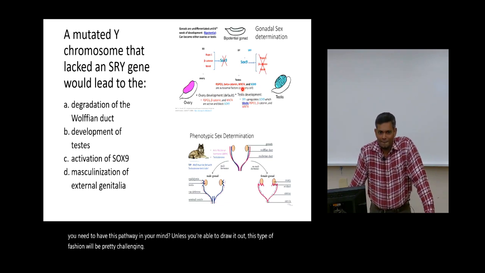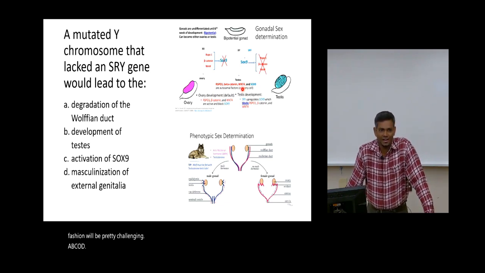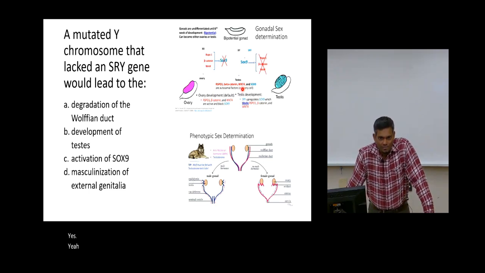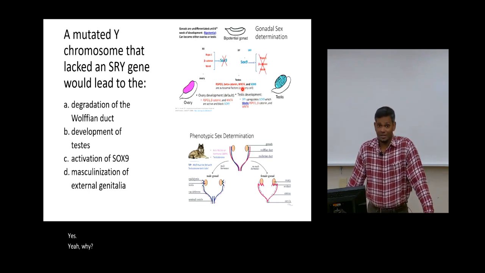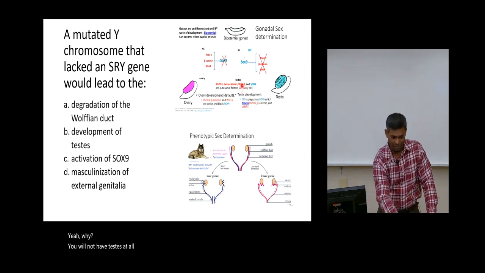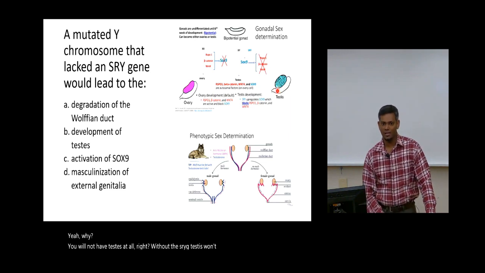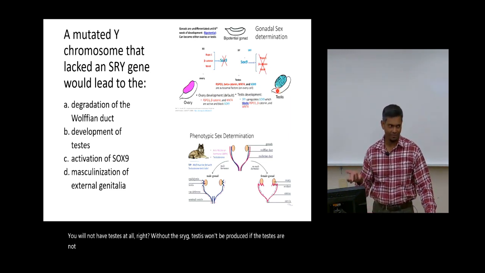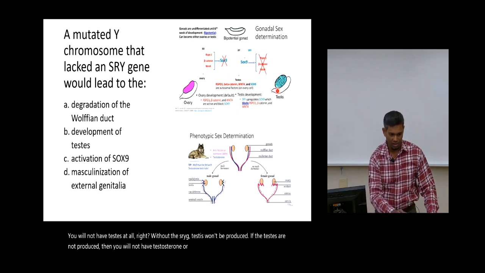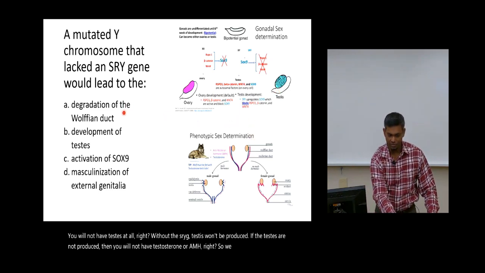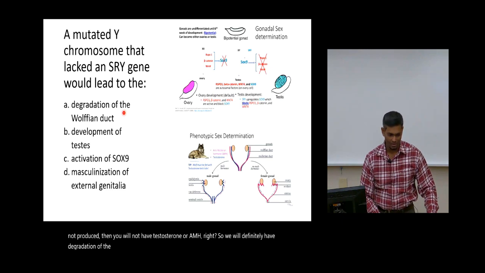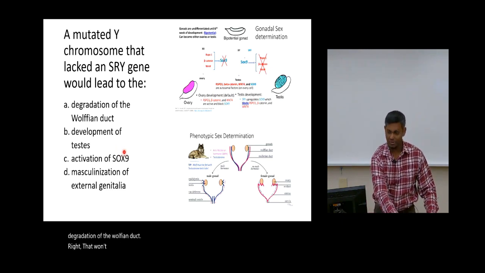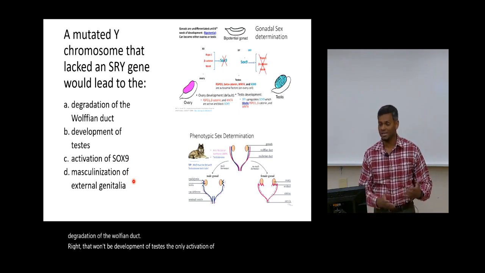A, B, C, or D? A. Yes, A is the right answer. Who said that? A. Yeah. Why? Would you not produce as much testosterone and you'll be able to keep those Wolffian duct? You will not have testes at all, right? Without the SRY gene, testes won't be produced. If the testes is not produced, then you will not have testosterone or AMH, right? So we will definitely have degradation of the Wolffian duct. Right, there won't be development of testes, there won't be activation of SOX9, and there won't be masculinization of the